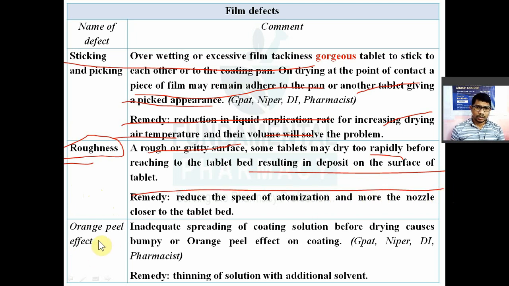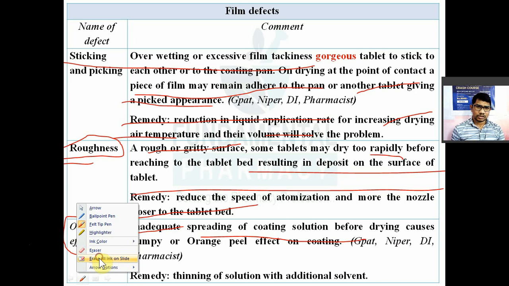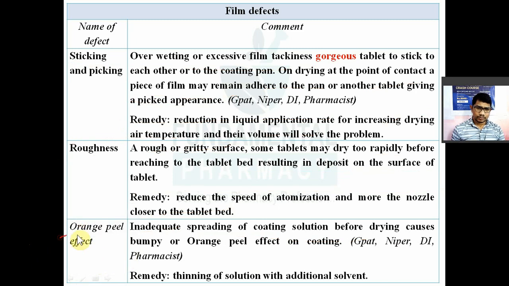Now, hazing of film or dull film, sometimes known as a bloom। It may be because of the too high temperature during the processing। It is particularly seen when the polymer is a cellulose in aqueous medium। Color variation जो होता है, color variation क्यों? Because of improper mixing, uneven spray and insufficient coating result in the color variation। रेमेडी क्या है इसके लिए? Addition of different plasticizer। लास्ट में होता है क्रैकिंग।